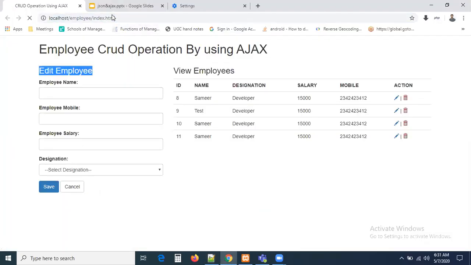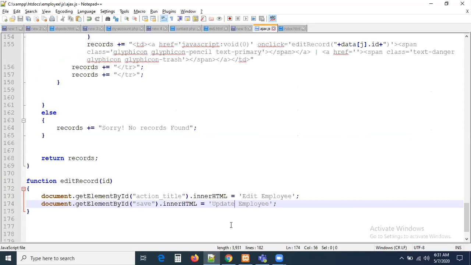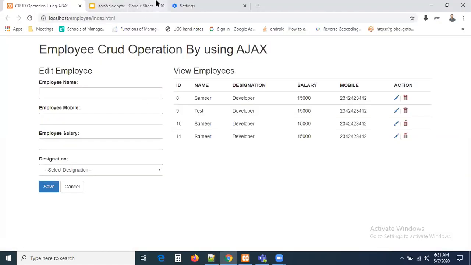Now I'm clicking the edit button. Once you click the edit button, both are changed. Is it changing now? I think so. It is not changed. I think this is not innerHTML, guys. It is a button, right? It is an input element, so we have dot value. What is the value attribute we provided? We have to take that value attribute. This is not innerHTML because it's a button, right? Refresh the page and click on it. So now you can see update employee, edit employee.